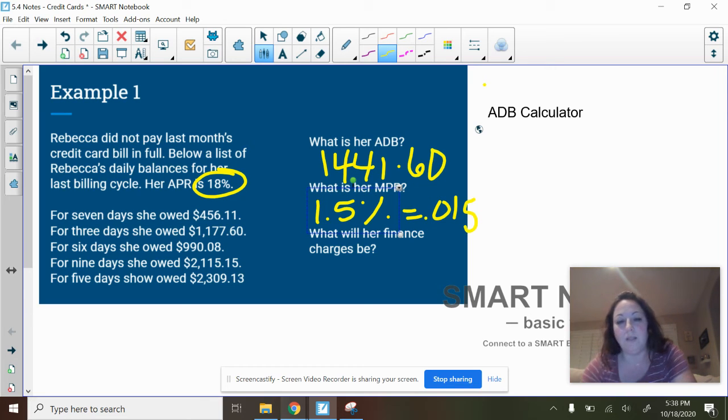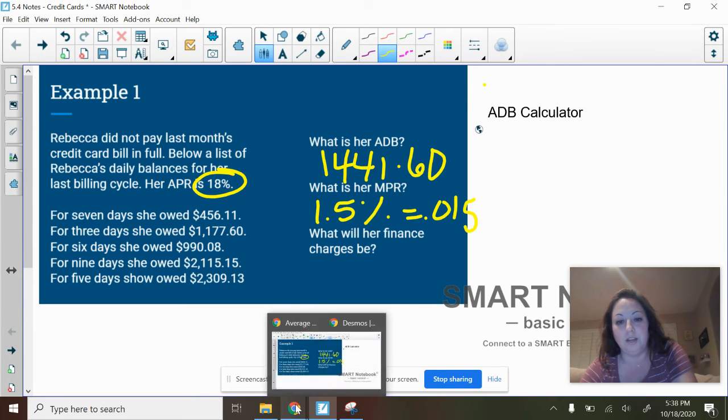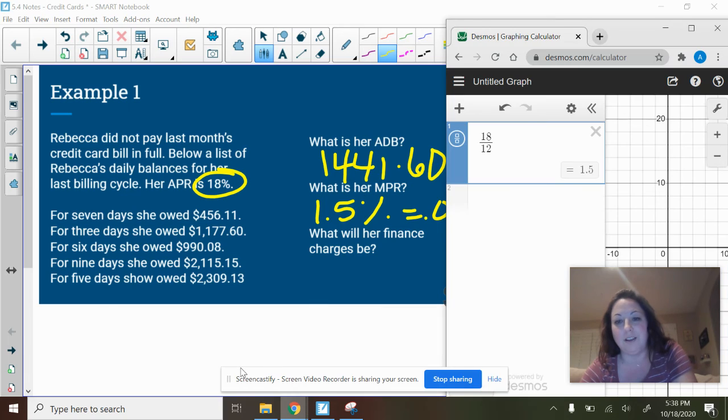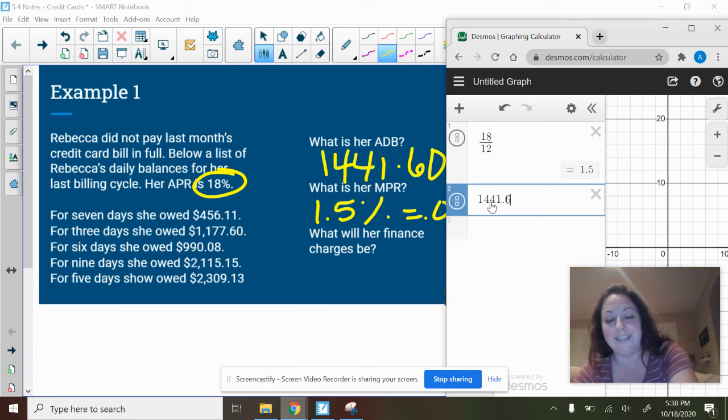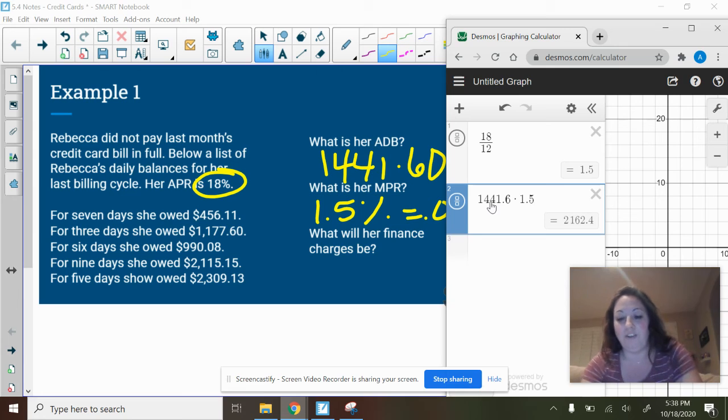Okay. Last piece that we need to do is take the average daily balance and multiply it with the monthly percentage rate. That's where Desmos is definitely going to come in handy. So I'm going to multiply 1441.6, which is what my calculator gave me, times this percentage. If you're leaving it 1.5%, you need to divide by 100, or you could divide by 100 ahead of time. I don't really care. So this gives us